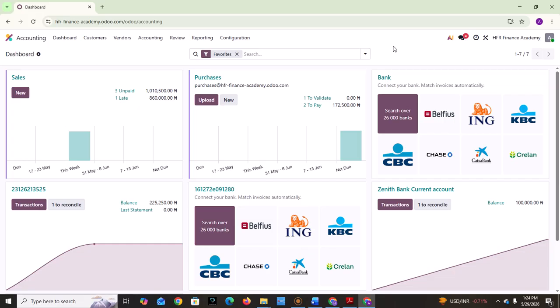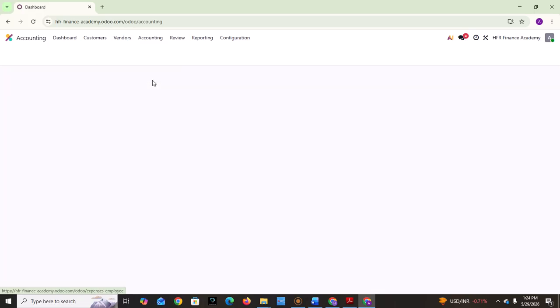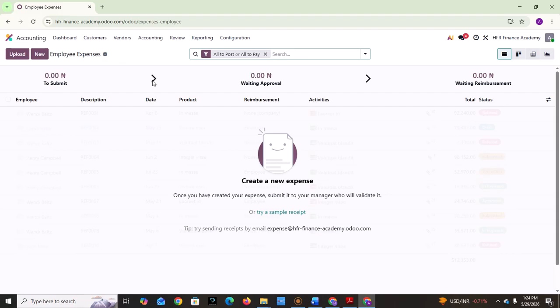Okay, so next thing we're going to look at is under vendors. Let's look at what we call employee expense. Let me explain this a bit, although I won't fully complete it, so you understand how it works. So employee expenses is, if this had been properly set up, if it was not just a training,